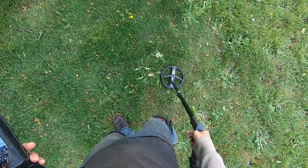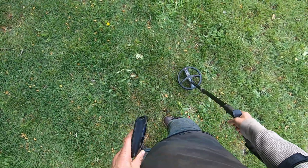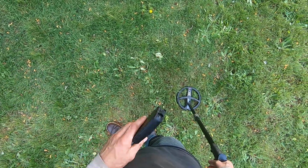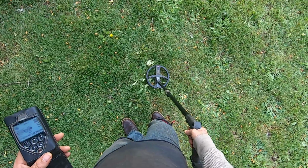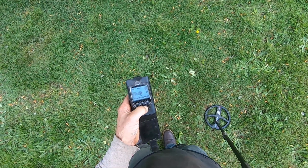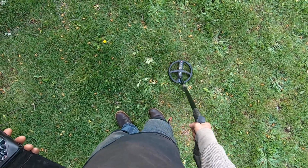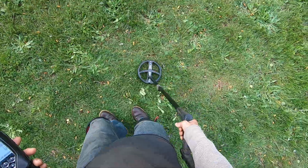It's 9-inch deep. This coin hasn't been sitting here for very long though. Those coins have been sitting there for a couple years. This coin has been sitting here probably for about 4 or 5 months. But I can probably even go up to 6 on the audio response. Bring it out a little bit more there. 9-inch deep dime,